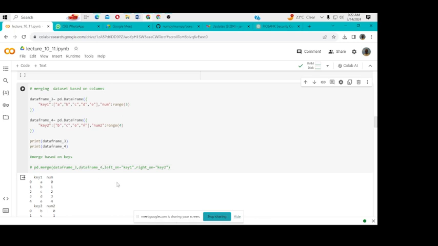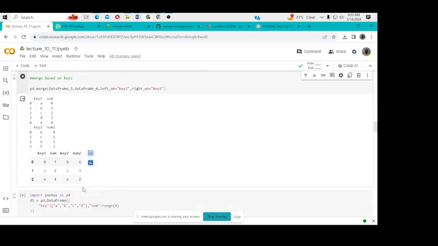Then we can now specify the key that is left on. Use the left on and also the right on. So on the left side we should have all the data on the key one, and on the right we should have that data on the key 2. So if I uncomment these and maybe even try to rerun these, you notice that now